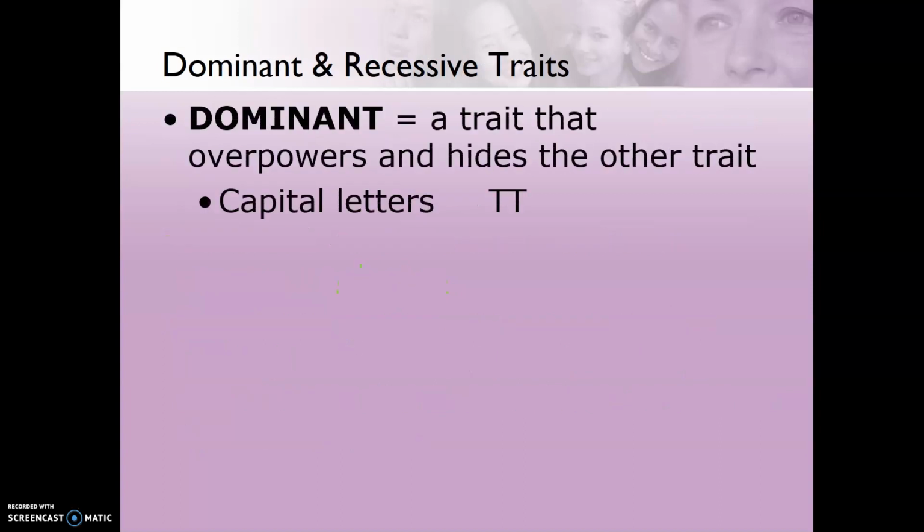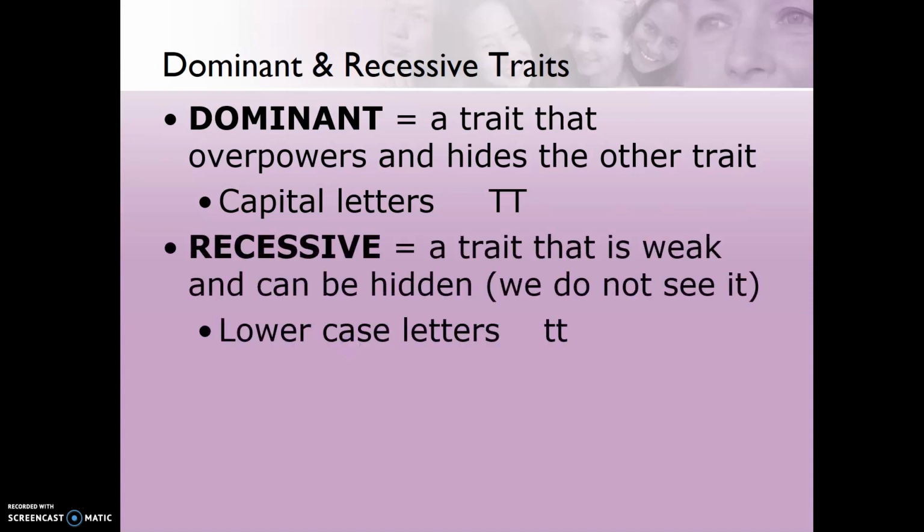So dominant equals a trait that overpowers and hides another trait. So I use the capital T's here as well. So 2 capital T's, you only have that allele, capital T's. And recessive is a trait that's weak and can be hidden, so we don't see it. So lowercase little t's, the only way you would see a recessive trait is this situation right here where you have 2 lowercase. If you pair 1 dominant with 1 recessive, we will always see the dominant. And you won't know that the recessive is there